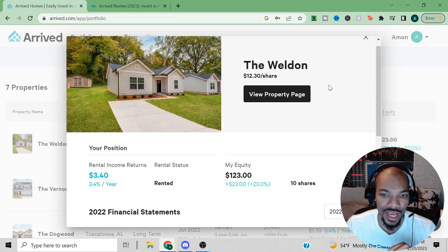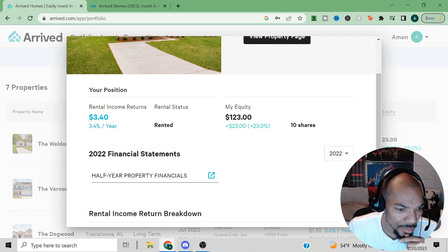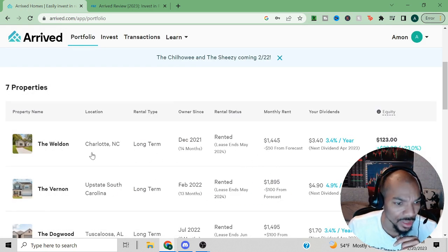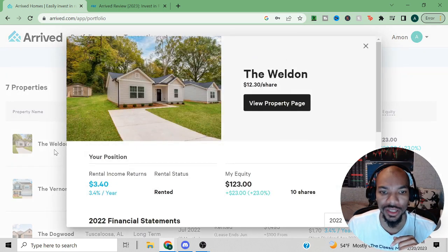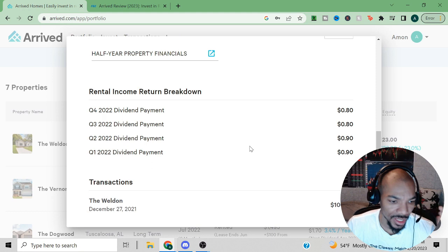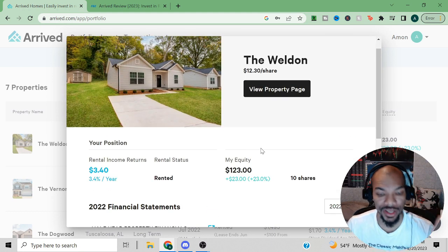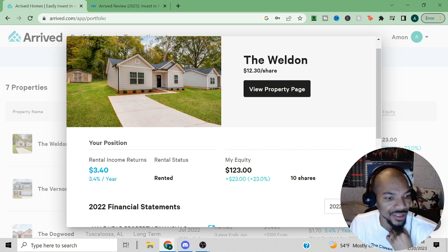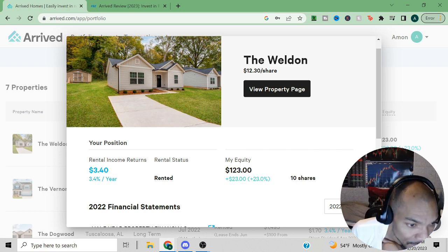This property is in, let me see, what was it? Oh, Charlotte, North Carolina. As you can see, I like the way they make the information very easy to see. I haven't actually even looked at this in a while. But as you can see, as far as the dividend, the rental income,